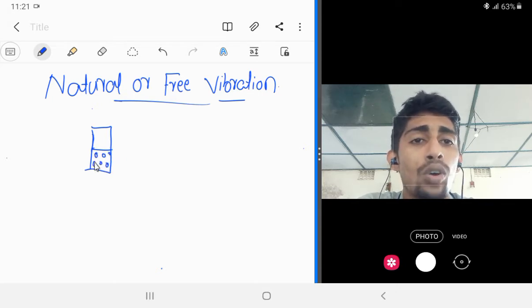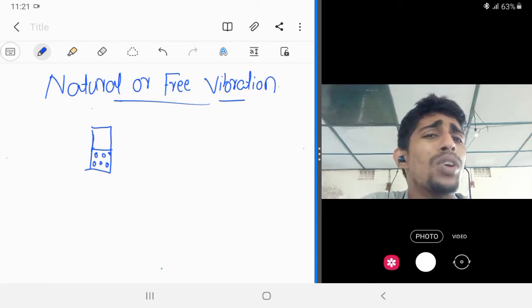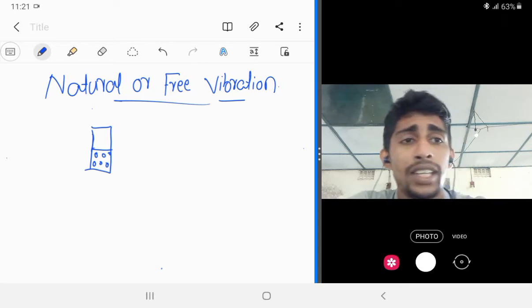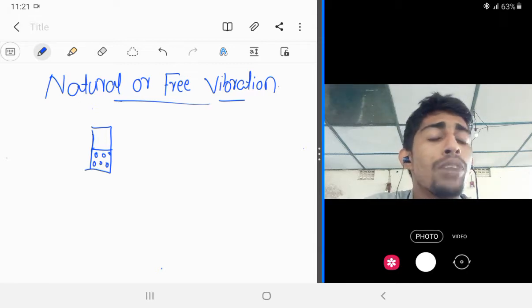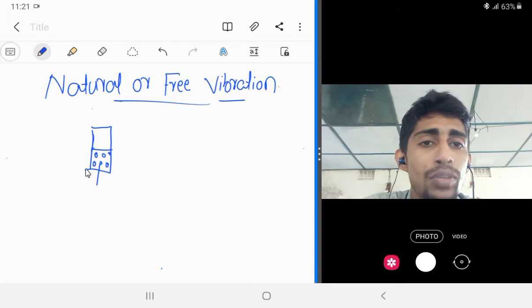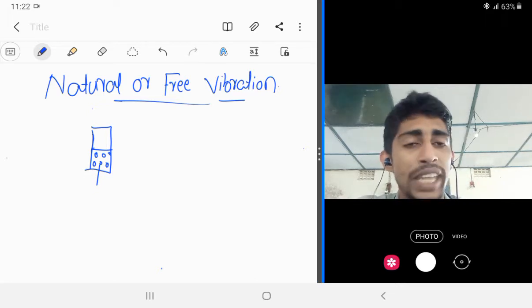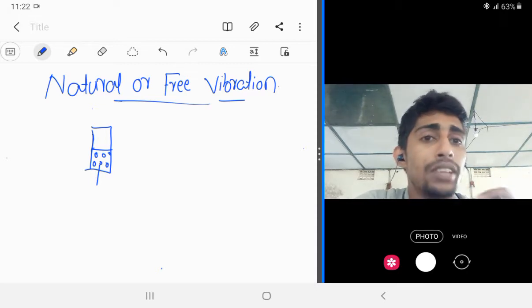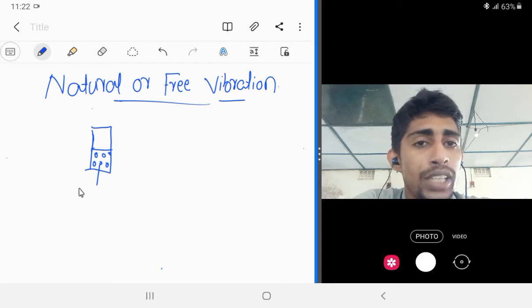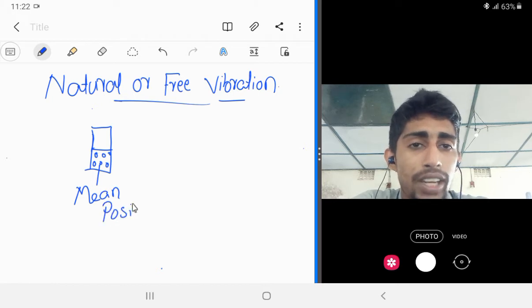When somebody calls us, the phone starts to vibrate. How can we say that? Firstly, the mobile was in the state of rest, meaning it was not moving. That position we call the original position of the object. Here the object is the mobile phone. The original position of the object is called in physics the mean position.